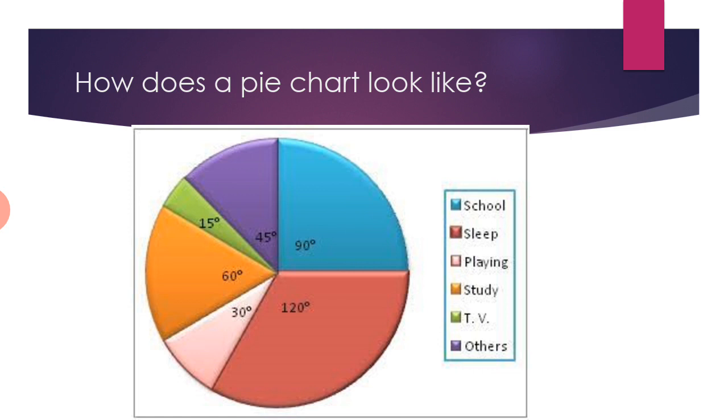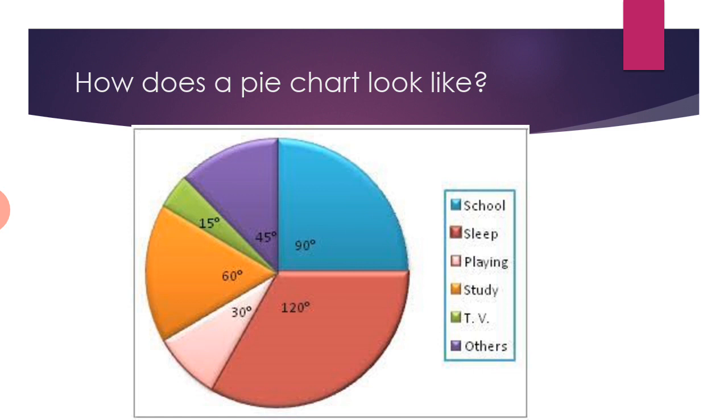We all know that. Now you can see that this pie chart has been divided into parts as to how many hours a child is spending in the whole day. So the whole day has how many hours? 24 hours. So now everything has been placed according to 24 hours. Look at the blue color. That is the school time. Then we go for the sleep. Quite a lot of sleep. Then pink color is playing time.